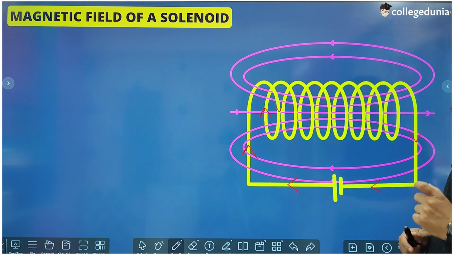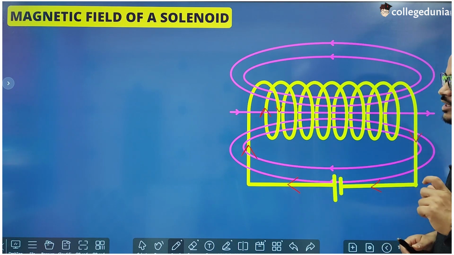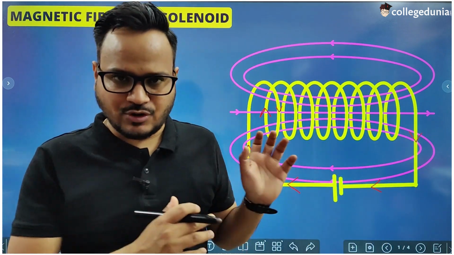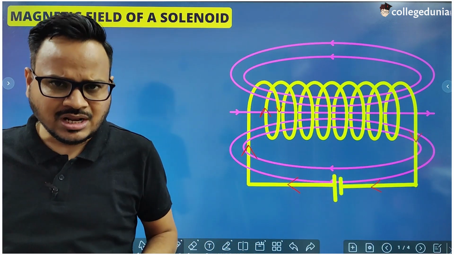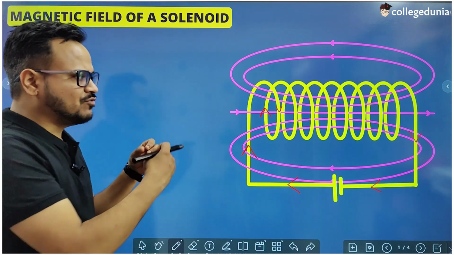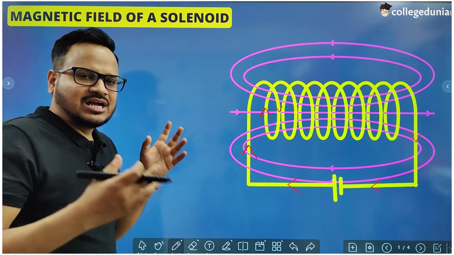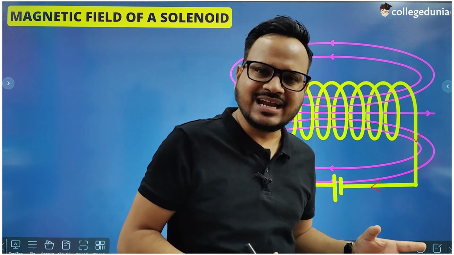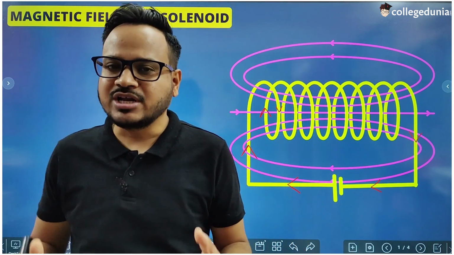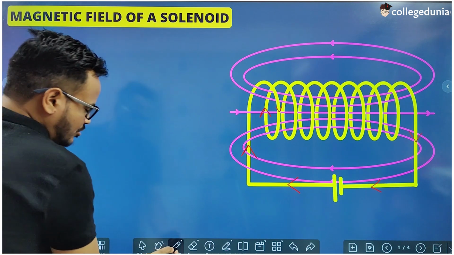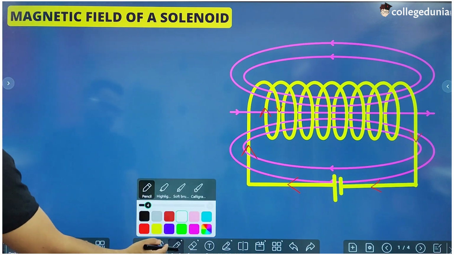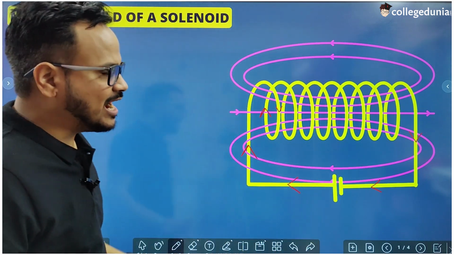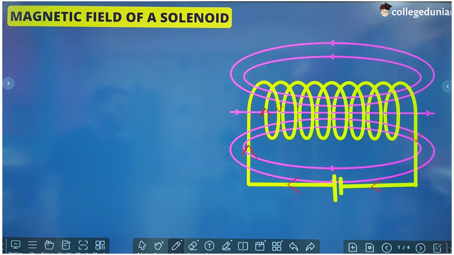And the third very important thing is that we can switch on or switch off the magnetic field intensity of a solenoid according to our need, according to our will, because if we switch off the current, then magnetic field of this solenoid will vanish. But in case of bar magnet, the magnetic field of a bar magnet is permanent and it cannot be switched off according to the need or according to the will, right? So now let us find a formula for the magnetic field inside a solenoid, and for that we are going to use Ampere circuital law.